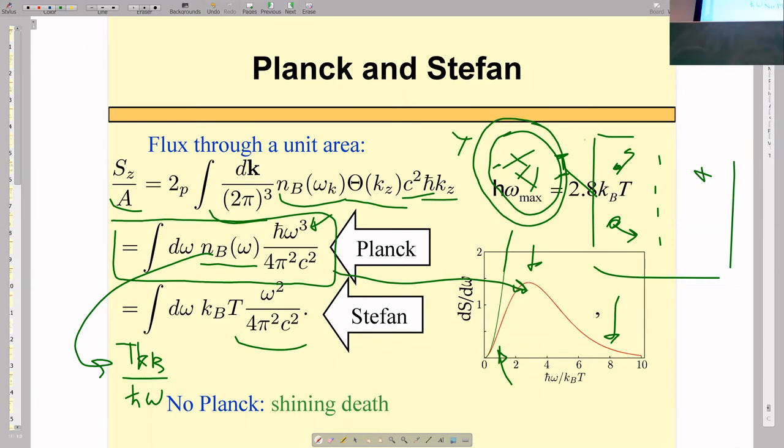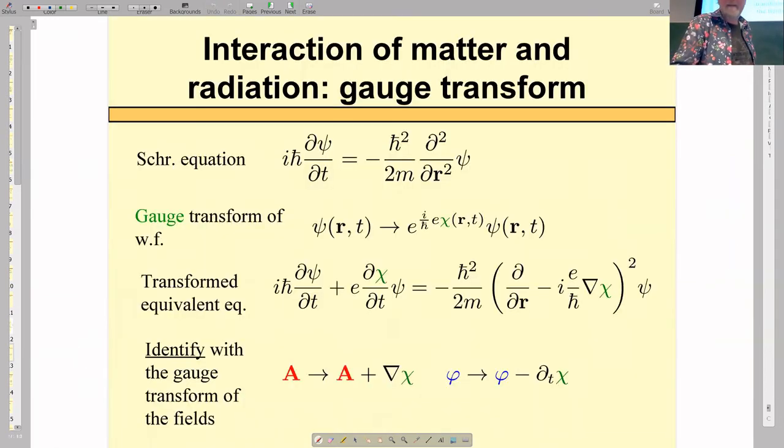We have figured out blackbody radiation. So that was half of the lecture, about very general properties of emission and absorption. Let me specify. Let me talk about the electromagnetic field and, say, electrons, charged particles. Right, there is a gauge trick which enables us to derive the interaction between matter and radiation.